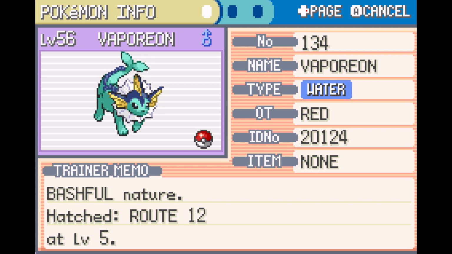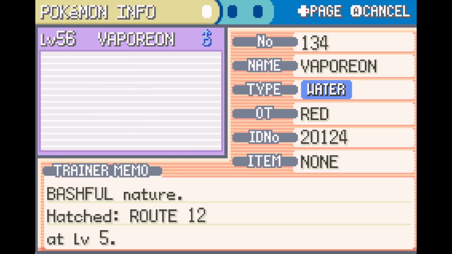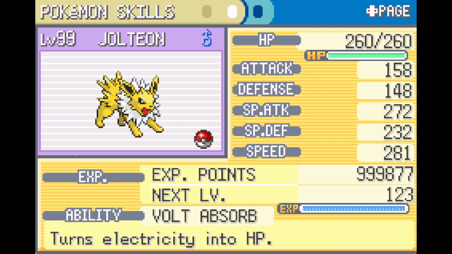Okay, so we've got a Vaporeon here with some pretty cool moves, level 56, and then this level 99 Jolteon is just so close to level 100, and I almost don't want it to get there. I kind of like that it's only 123 experience points away from level 100, but I'm sure at some point